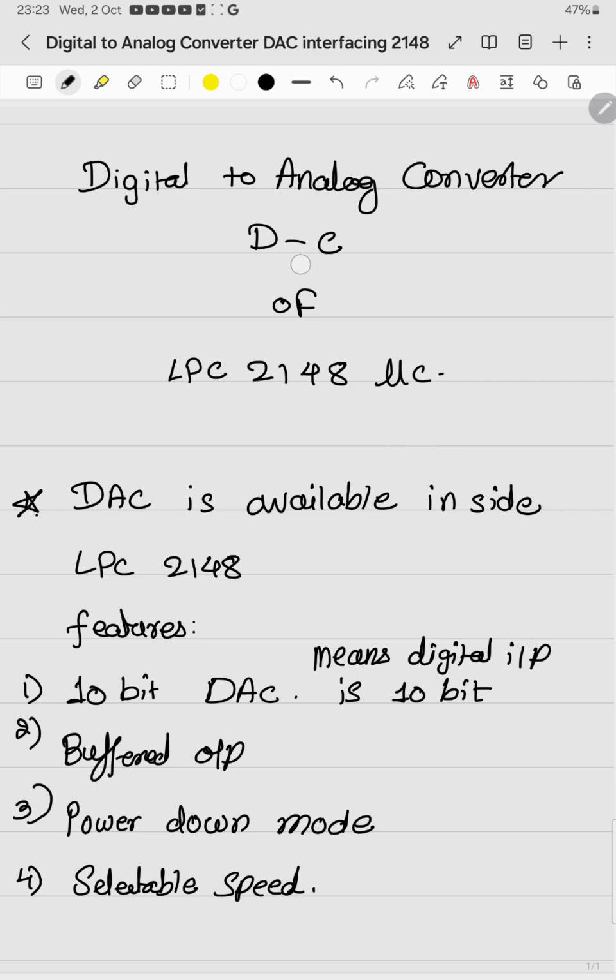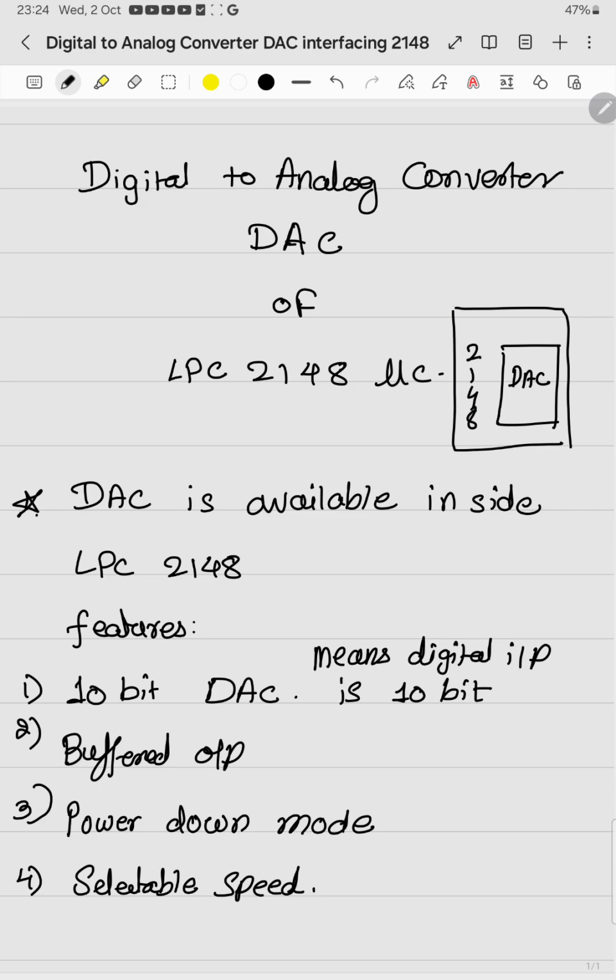So in that sense I can say that LPC2148 has one very powerful resource internally available, that is DAC. When we say digital to analog converter, it is one of the important resources inside